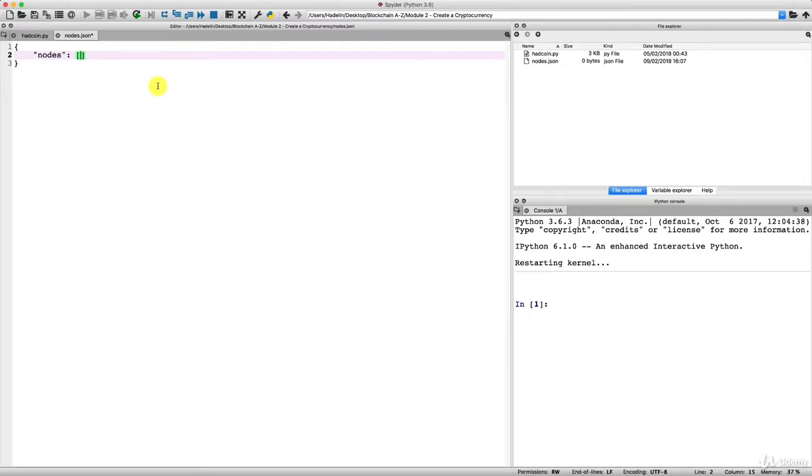And so, as I said at the beginning of this tutorial, we're going to have 3 nodes, one node for me, one node for Kirill, and one node for you. And so we need to input 3 addresses, which we can differentiate with 3 different ports. And these ports are going to be port 5001 for me, port 5002 for Kirill, and port 5003 for you. So let's do this. Let's input these addresses in this list. And remember, the addresses are the following: